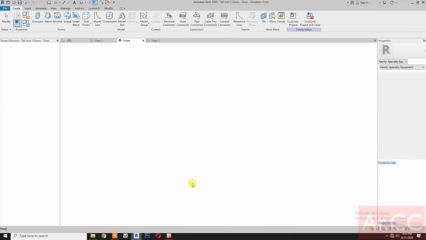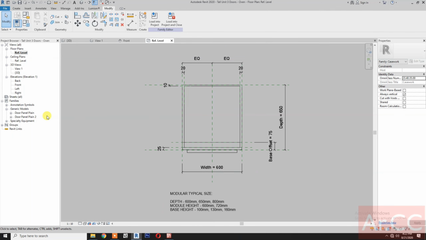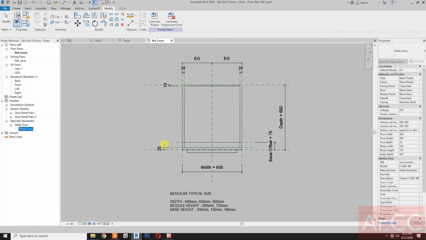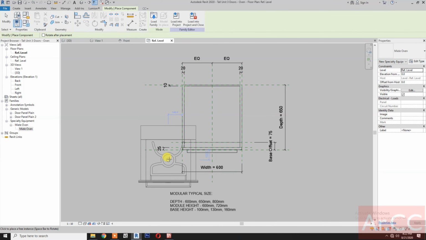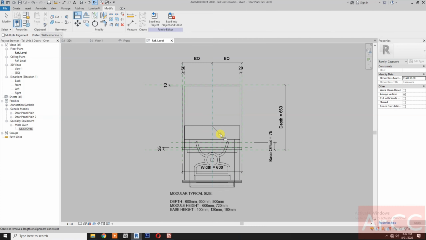Okay, go to reference level. Okay, insert the oven, pick somewhere here, align. Select the center reference plane, select the center of the oven, lock,